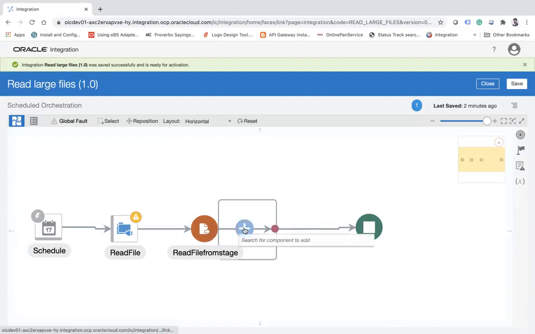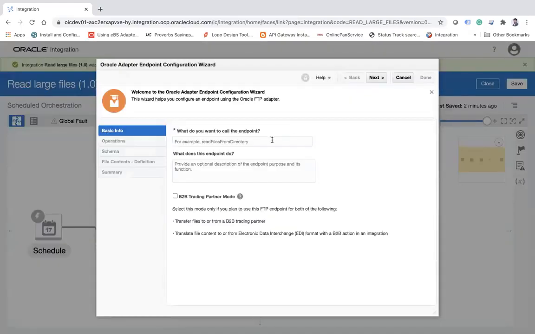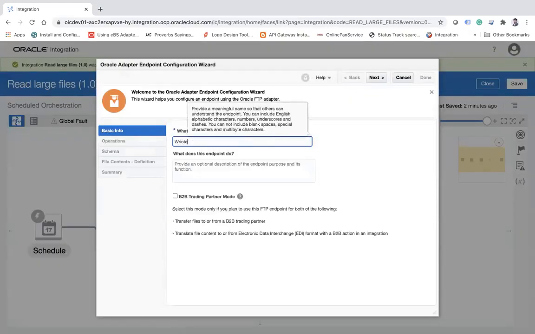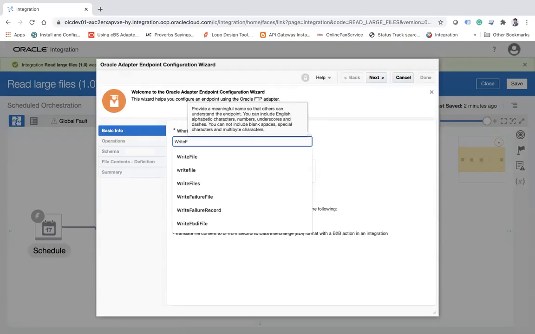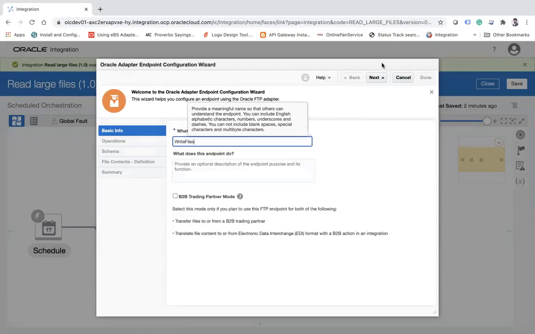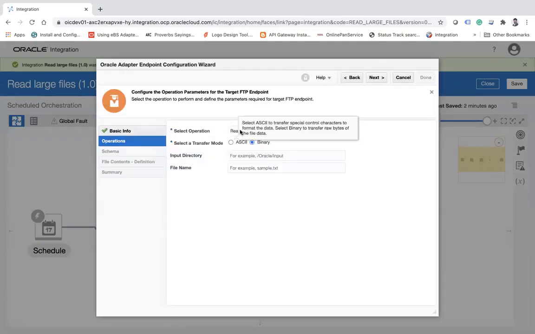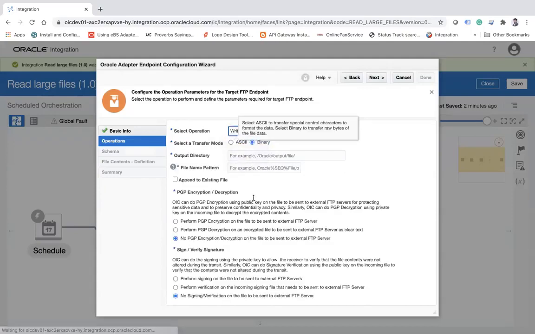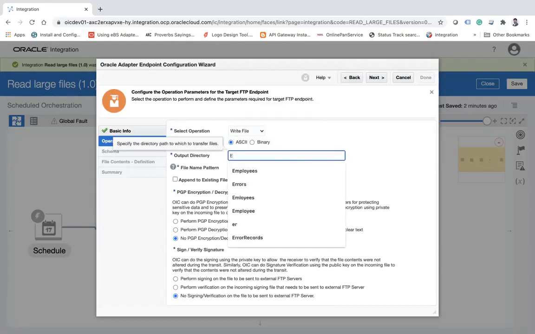So I am using another FTP adapter to write the files. Okay, let's say write files. Next, and also the write file. If you want to write a file of more than 10 MB, you cannot do that at the same time. You have to use the append to existing file option if you want to append the data into the same file. Else, let's say employee,